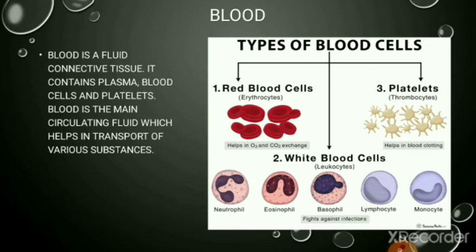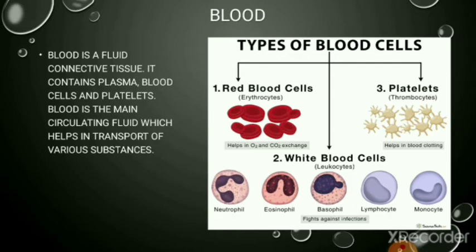Blood contains plasma, blood corpuscles or cells, and platelets. In blood corpuscles, there are two kinds of cells, that is red blood cells or red blood corpuscles, and white blood corpuscles or white blood cells. RBCs are also called erythrocytes, that is the scientific name. WBCs are called leukocytes, and the platelets are the thrombocytes, which release blood clotting protein, or we can say that they help in the process of blood clotting and prevent the excessive loss of blood from the body. Then white blood cells are called leukocytes.